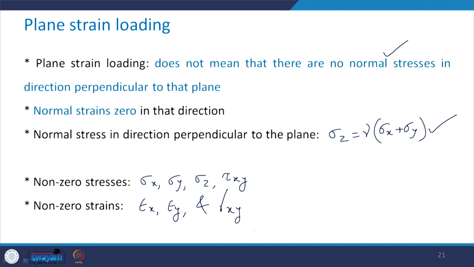So, this is how the stress strain relationship, or the constitutive relationship, for plane strain loading can be obtained,